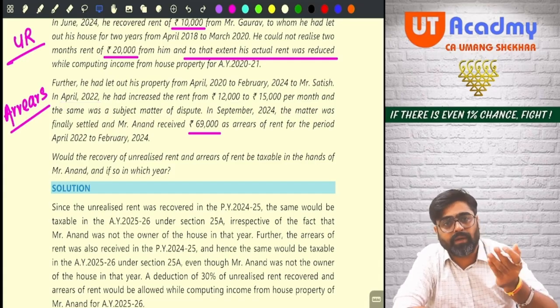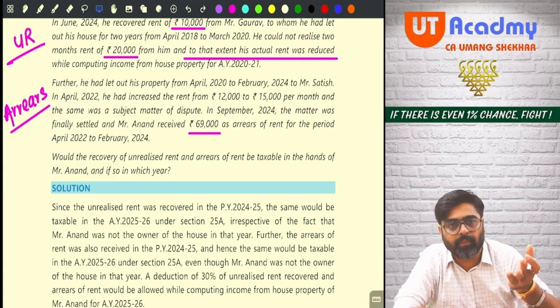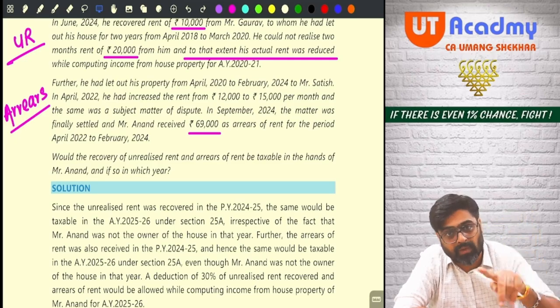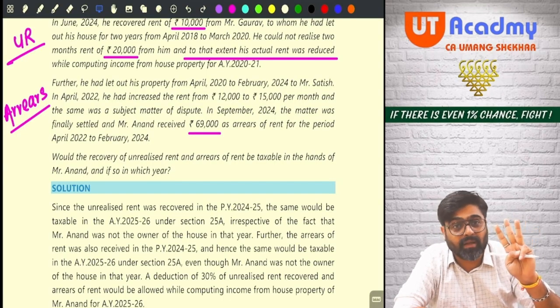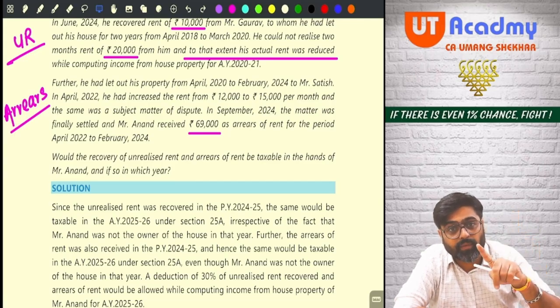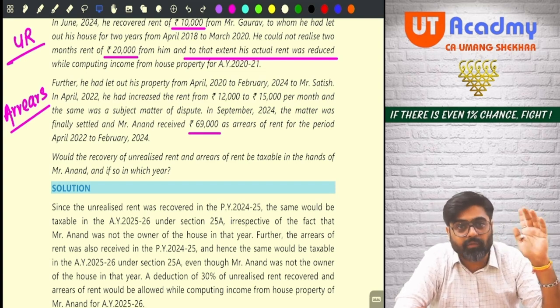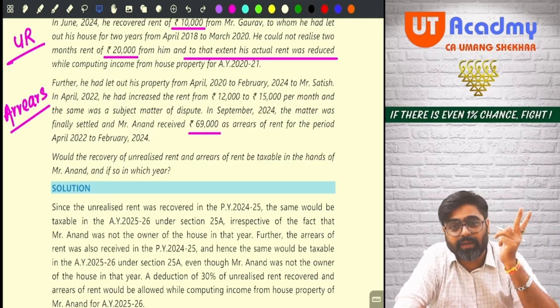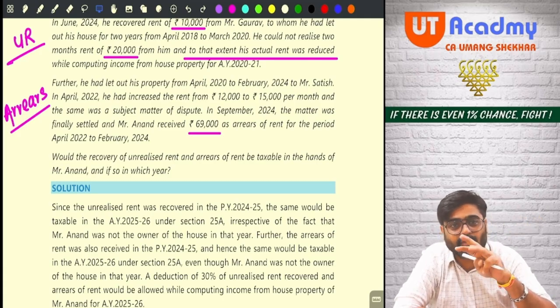So from April 22, he was supposed to get 15, 15, 15, 15. But the tenant said, no, no 15, 15, only 12, 12. Got it? So tenant, starting from April 22, paid only 12,000. Meaning 3,000 less. Starting from April 22 itself. Yes or no? April 22 till February 24. How many months? 23 months. 23 months multiplied by 3,000 will give you 69,000. 69,000 of rent